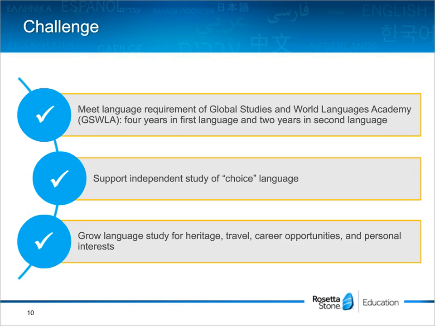And so having this program allows them to reinforce some of the areas of weakness. Some of our students actually work on Rosetta Stone in the summer prior to coming into school. As I said before, they're very passionate about their language study, so it's not unusual for them to begin working on their language study in the summertime. In addition, because they can choose a language, many of the kids will choose a language of a country that they are interested in visiting or spending some time.